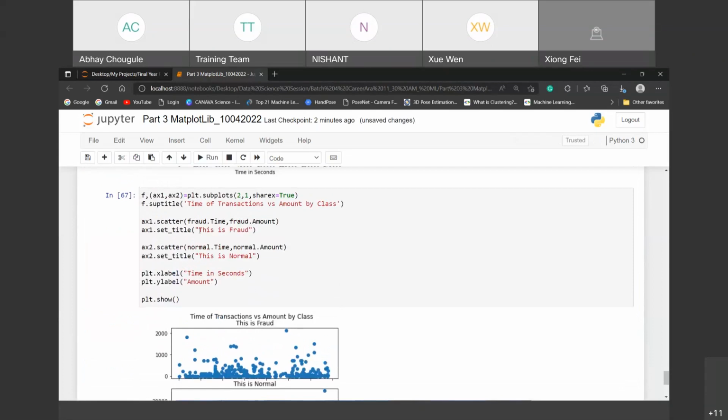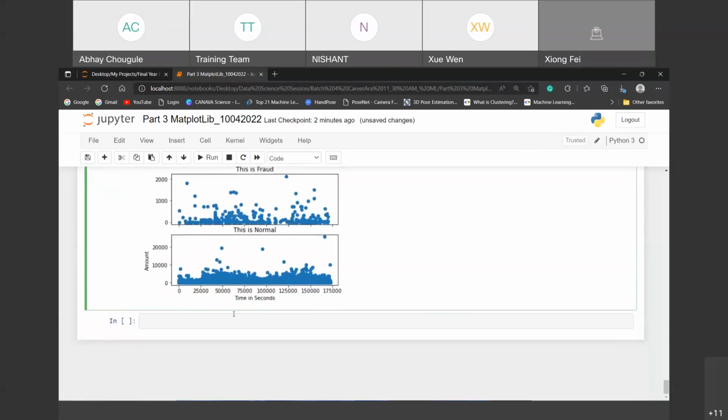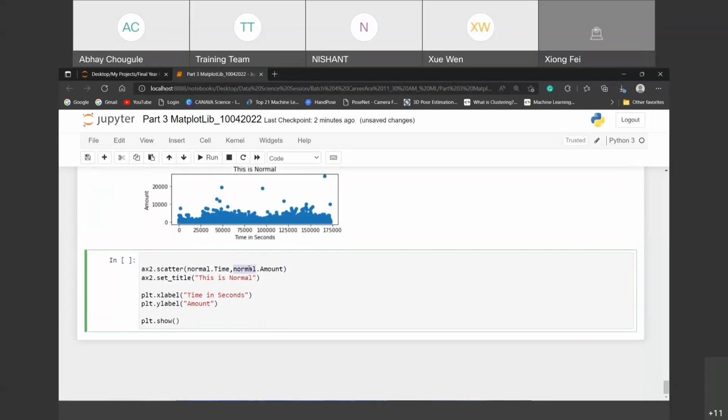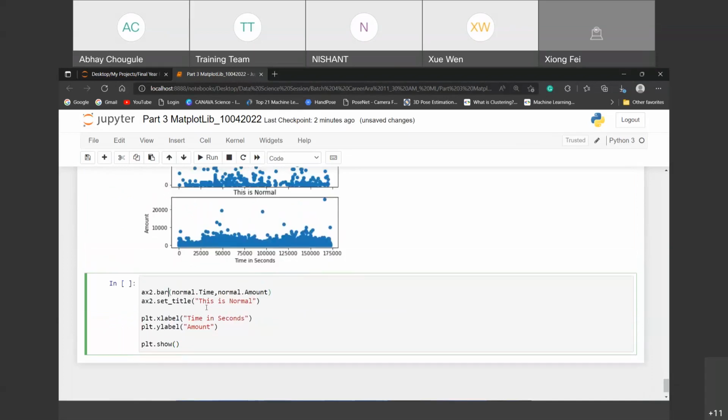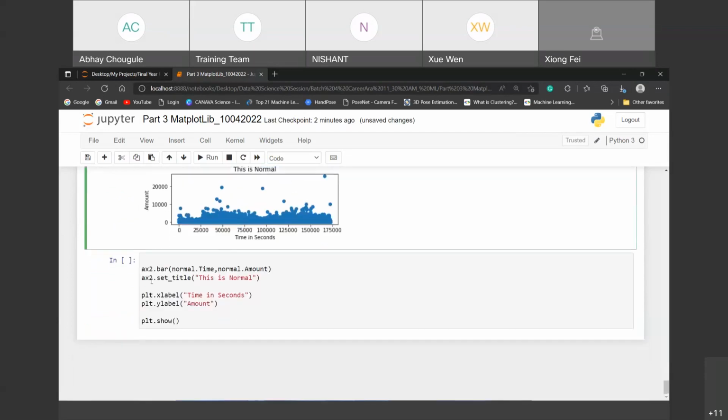Because our data directly, we have taken here fraud dot time and fraud dot amount. If I implement it like this, it should work. Oh, sorry. Actually, what happened? Why is this not showing? We have to pass here plt dot